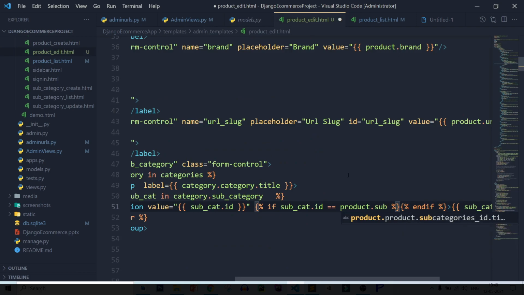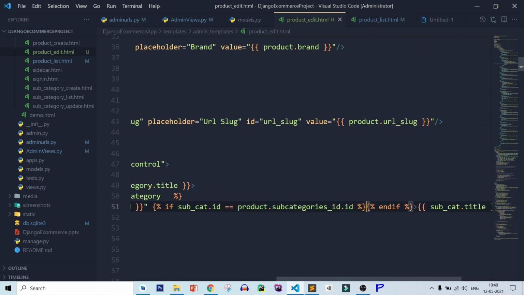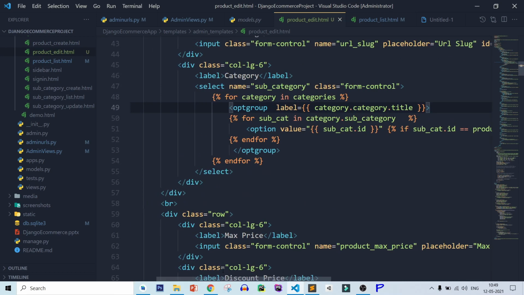So subcategories underscore id dot id. Save this file, and if it is true then we can show selected. Save this file and let's check if it's working or not.